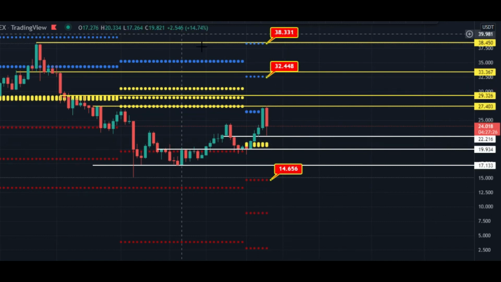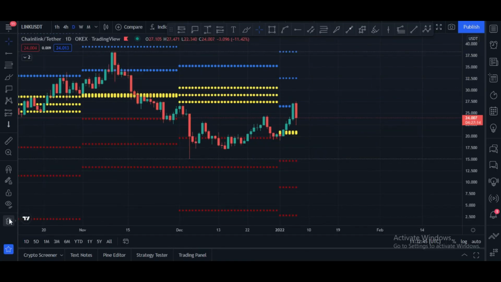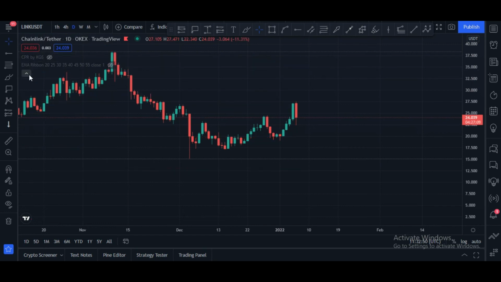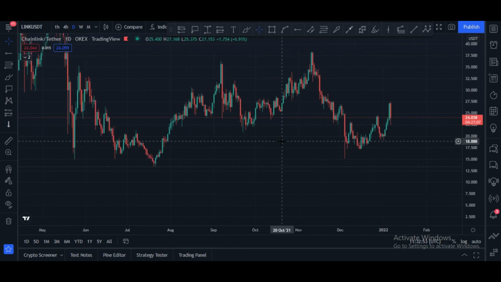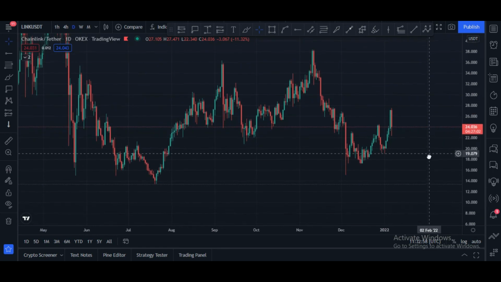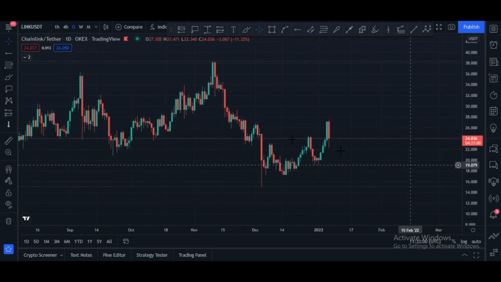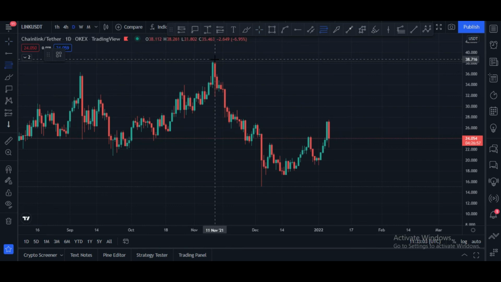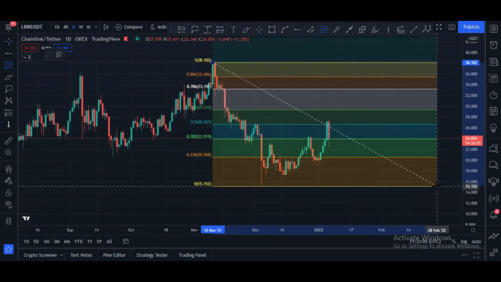We have to watch this area very carefully. If price holds this, then well and good. If price breaks this, then maybe price can hit these white lines, price targets, and this area. Let me please delete all these things, and let me please hide this CPR indicator. And now let me please show you levels for the trading. Let me please arrange this.